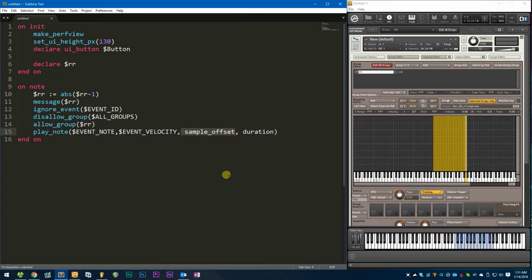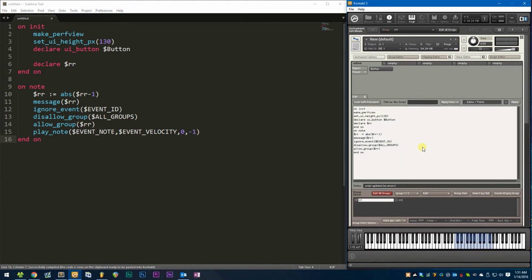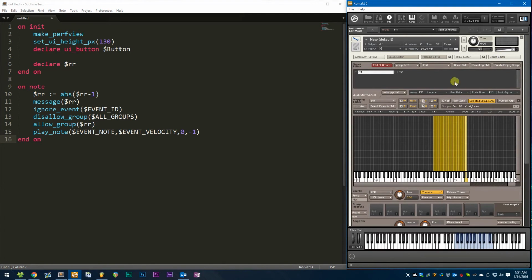Sample offset, we'll talk about that later, but for now let's just set that to 0. And duration, let's just set that to -1. Now if we hit F5 and compile this and paste it into the script editor, we should finally have a mostly working instrument. So if we play a note,